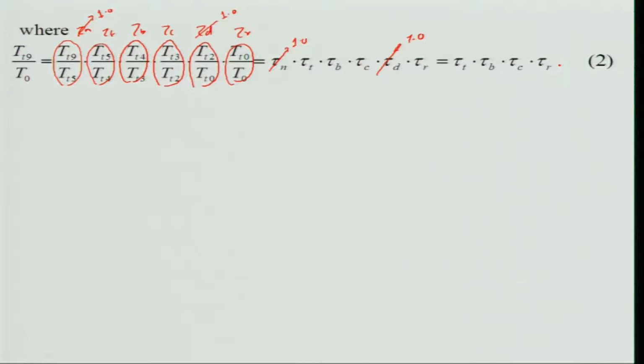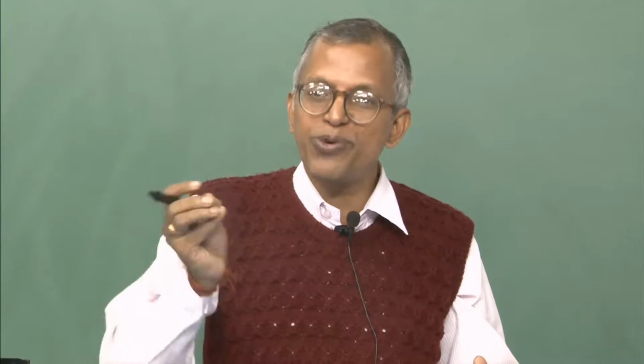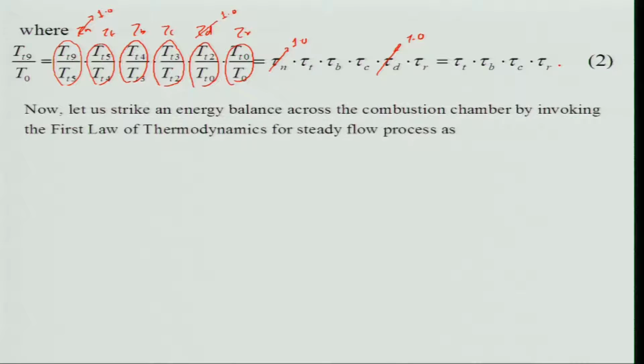And if you want to go further, you can retain tau n and tau D. I can improve the real cycle analysis, but I must know how to put values for that. That portion is generally not used, but it can be done if one thinks a little critically and finds ways and means.